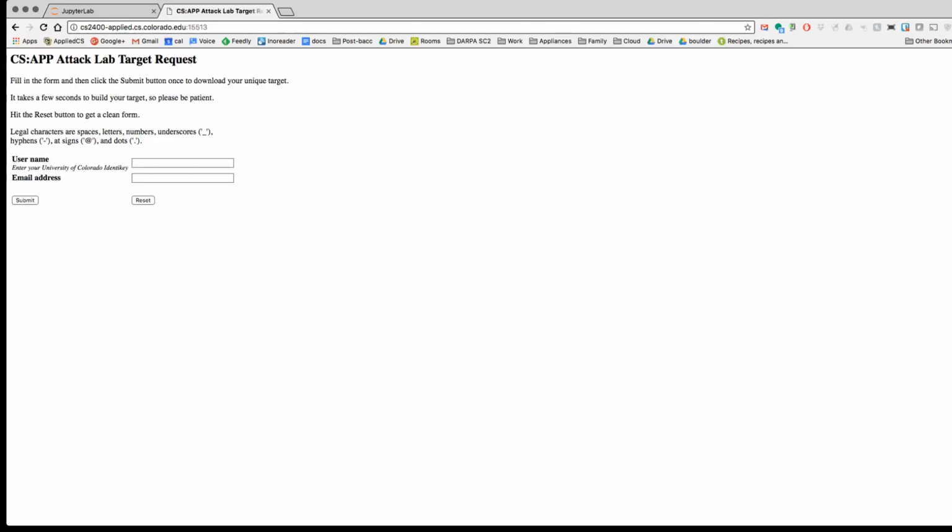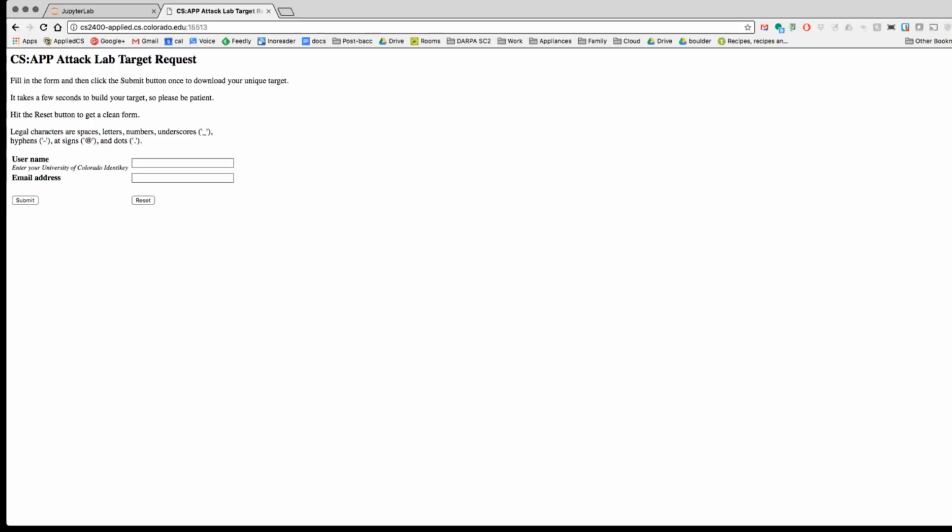You will then be asked to provide your name and email address. This is used to tag the binary that you're going to get. Just enter in your identity key and your email address. When you then submit this, you will get a target file. The target file includes information that you're going to need and take over to either your Linux system or